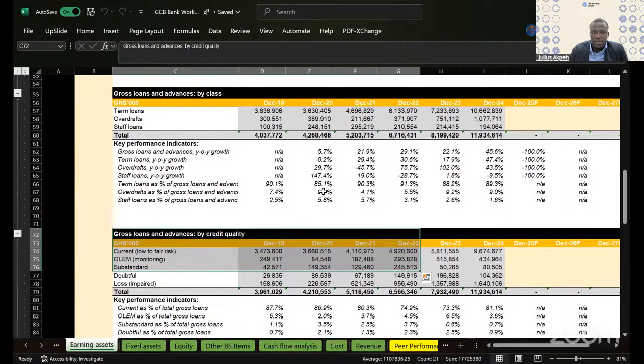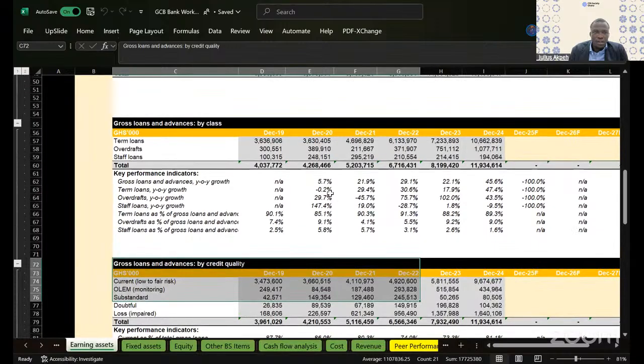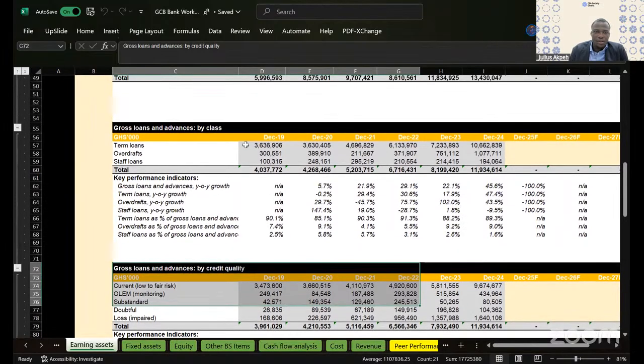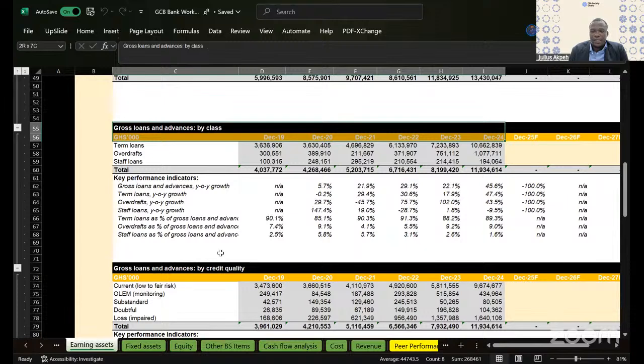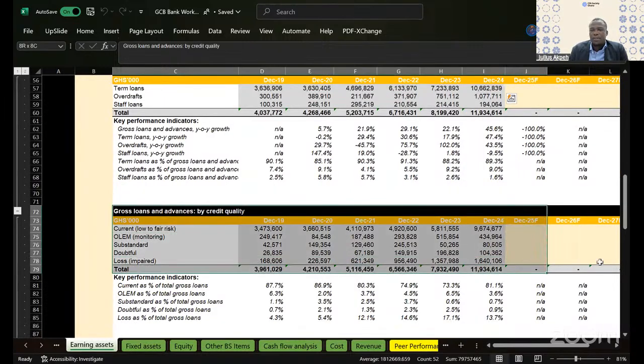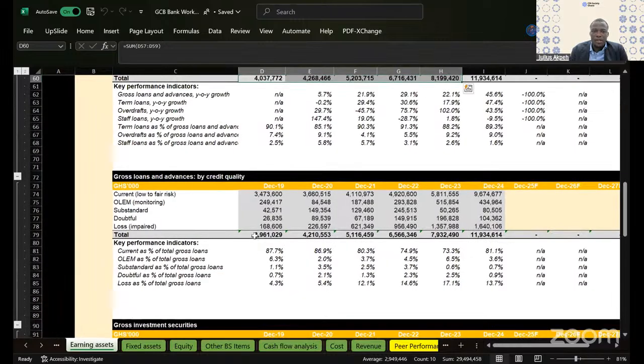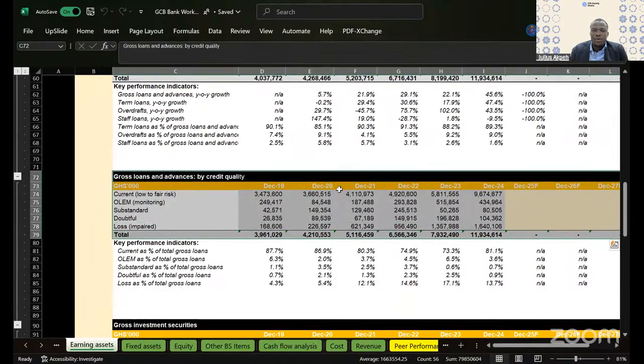I need to quickly check something here. Okay. All right, good. That's fine. So this is gross loan by class, and this is gross loan by credit quality. There's something I want to say here. You see that there's a difference between the gross loans we have here and the gross loans by credit quality. So I need to explain these gross loans by credit quality first, and then I'll tell you why the difference,